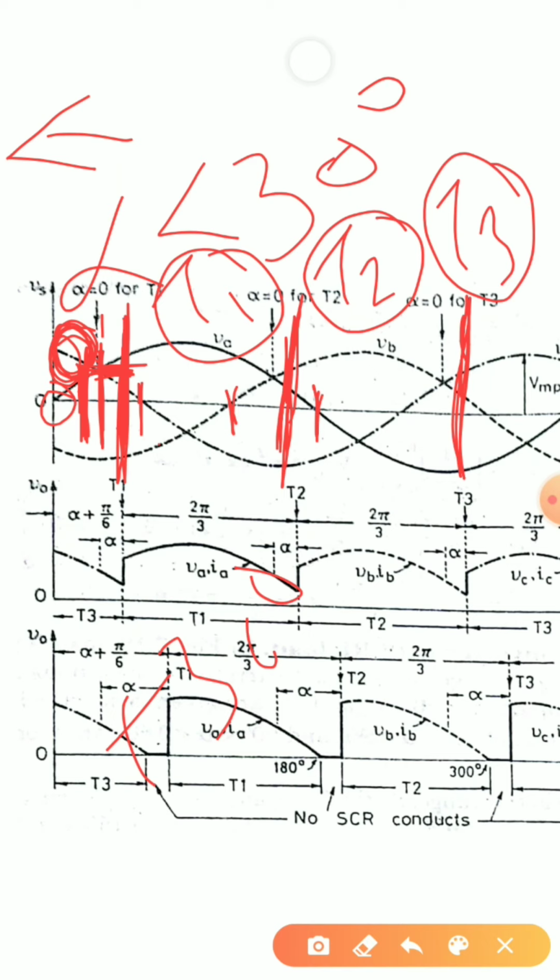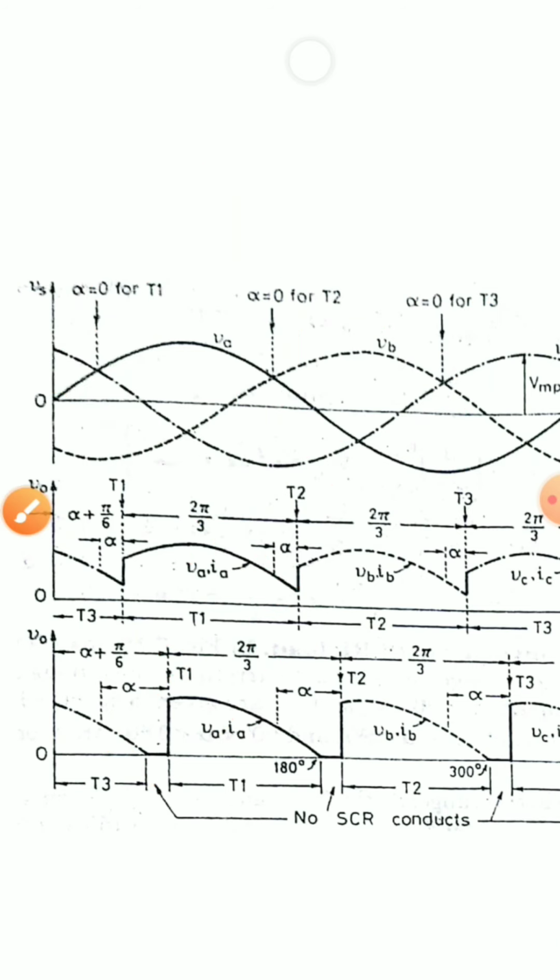And when my first thyristor is getting turned on, after that I have to move 120 degree. After that I'll get the operation of my second thyristor, and plus 120 degree from the time thyristor T2 is turning on, I'll get the operation of the third thyristor. T1, T2, T3, we can clearly understand from this diagram. Now moving further, as I have said, thyristor T1, let us come back.